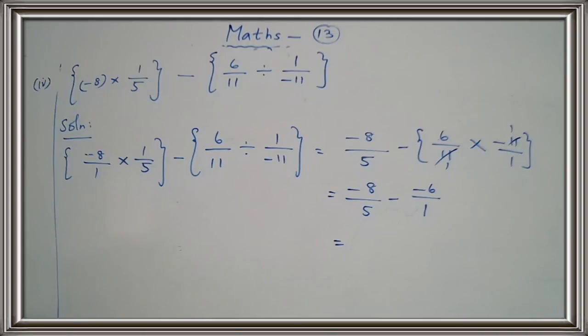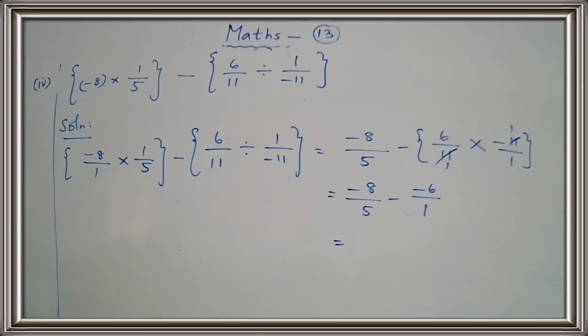Reciprocal na enna cheyanum? Numerator denominator la podanu, denominator numerator la poduvom. Adu reciprocal. But here it is additive inverse. Additive inverse na number same ah irukum but the negative sign. Plus means minus, minus na plus. Okay children. So that's why the additive inverse of minus 6 is equal to 6 upon 1.